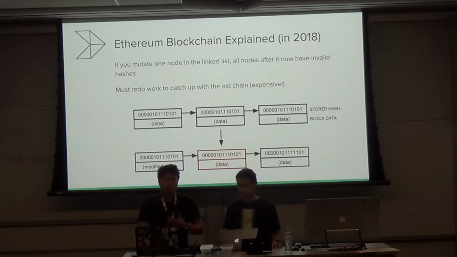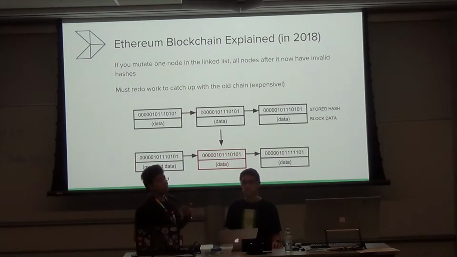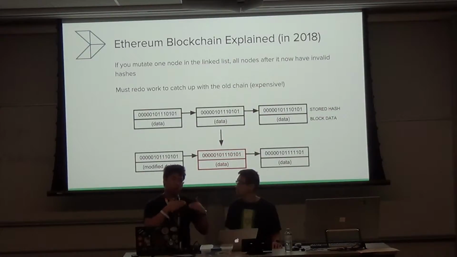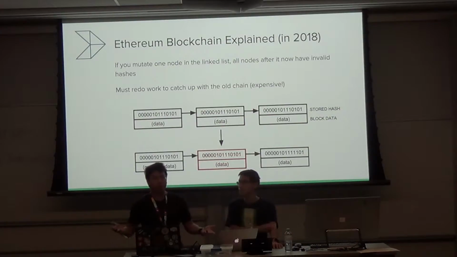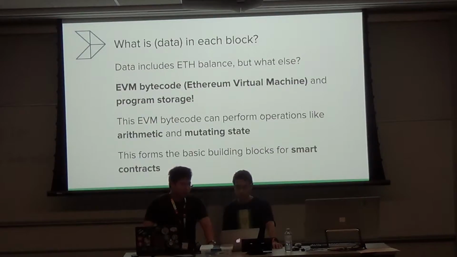In fact, if you want to catch up to the original length again, it'll take 15 seconds times the number of blocks that you have to redo. And in the meantime, the original chain just keeps growing longer and longer. So to catch up to the original chain, you have to have more computing power than the entire rest of the network combined. Since there's so much computing power, you need to spend hundreds of millions of dollars to buy more GPUs and catch up to the rest of the network. And they're probably spending more on that. That makes it really expensive to modify the chain, and most people don't bother. You need to be really rich.